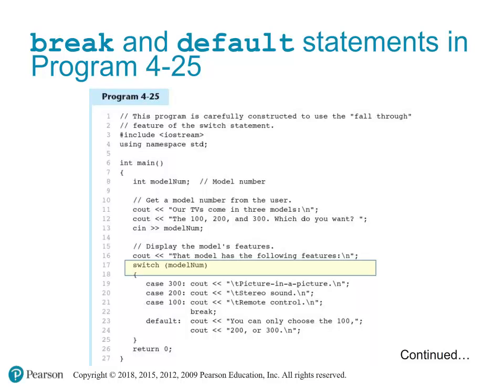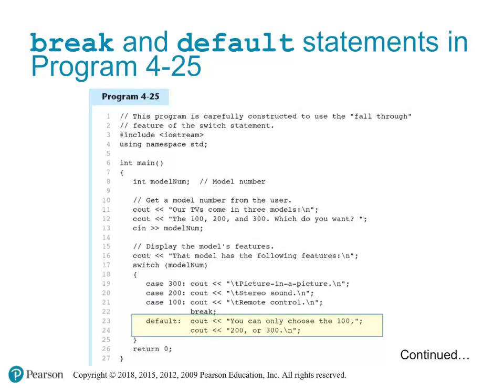If the user enters 300, the program outputs this feature and falls through the next cases. Similar to case 300, the program adds more features as it falls through to cases 200 and 100. If the user enters anything other than 100, 200, or 300, the default case is executed, informing them of the